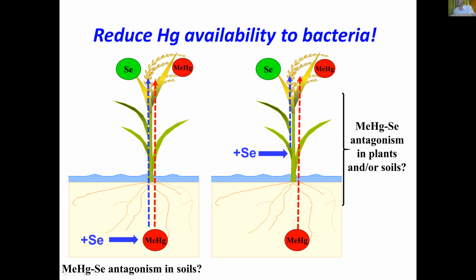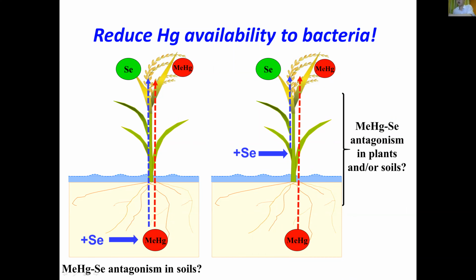The other possibility is that the reduced methylmercury concentration in rice grain is because of the interaction of methylmercury and selenium within the soils. So previous studies cannot show which mechanism is mainly responsible for the reduced methylmercury concentration in rice grains under selenium amendment in soils. So what we did is we compared